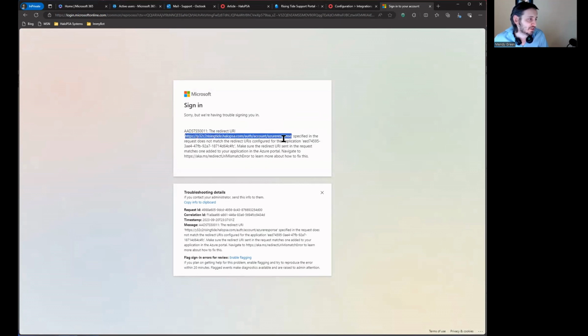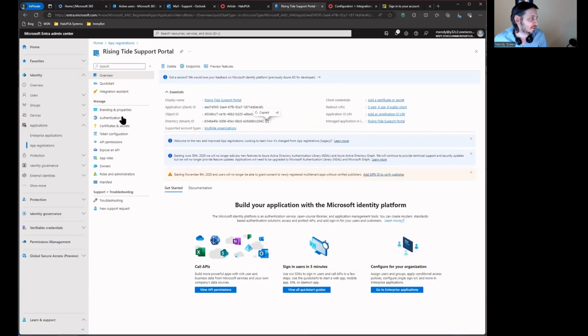So we're going to copy this URL that's missing. And it's important to read the error message here, right? Because Microsoft is telling you what's going on. This redirect URI is not specified in the application with this application ID. So if we go look at that application ID,